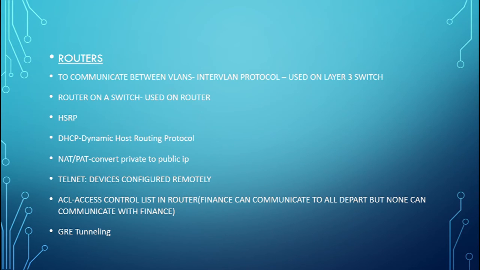Okay. So next we will be moving towards routers. To communicate between the VLANs, inter-VLAN routing is used, with a layer 3 switch or router on a stick. Next we will see what is HSRP. It is the Hot Standby Routing Protocol. In computer networking, the Hot Standby Router Protocol